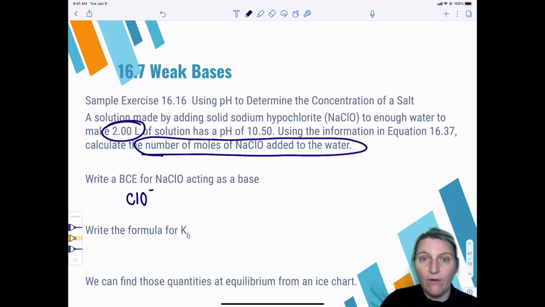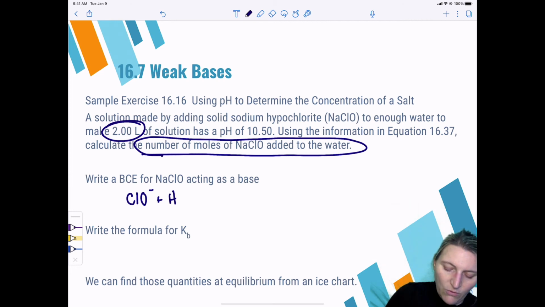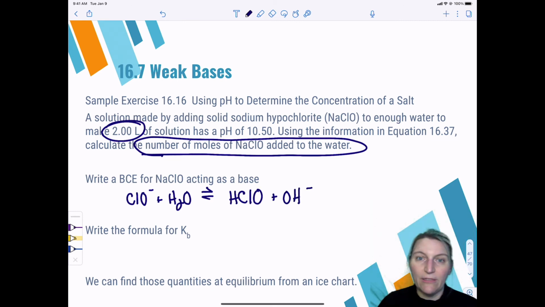The hypochlorite ion will react with water. It will take a hydrogen off of water, and it will leave behind OH minus. The charges should be equal on both sides. If you're wondering how come, we're adding an H plus to ClO negative, and then those opposite charges will